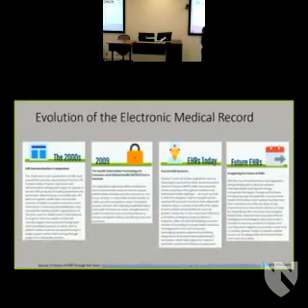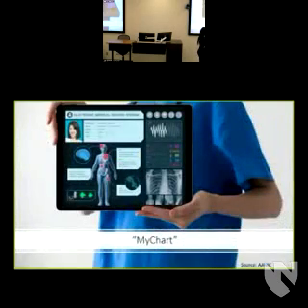Somewhere within here was where we started having questions about whether we can communicate with patients about their medical issues, because in the past, it was really all about us talking to each other. And patient portals started to become more common. Once on the edge of innovation, now we're trying to figure out how we can communicate more effectively with patients about their needs, and at the same time make sure they have full transparency into what is happening in their medical record.